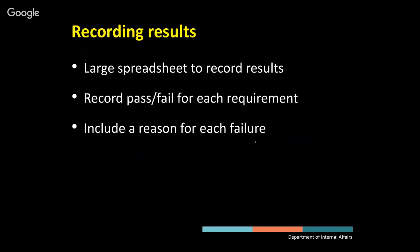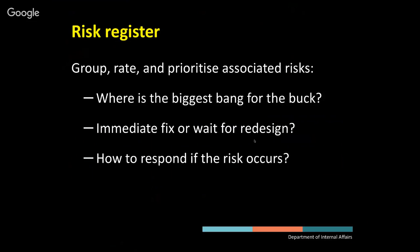Agencies performed their assessment, and then they recorded their results in quite a complicated Excel spreadsheet. They recorded a pass and fail for each success criterion out of WCAG, and then they included a reason for each of those failures. We also asked them, after they had completed that assessment, to group, rate, and prioritize those failures. So in other words, to consider all of those failures in terms of risk from a risk management approach,